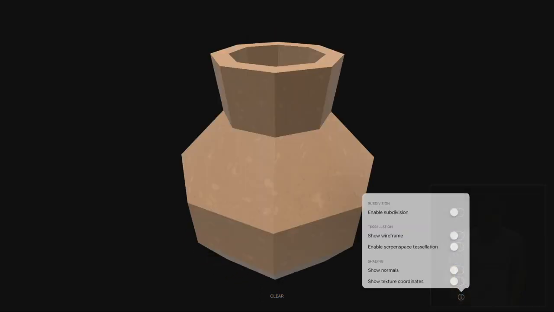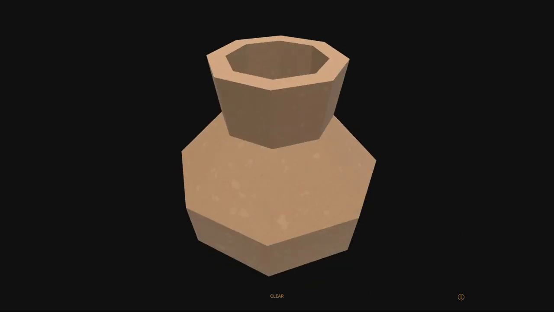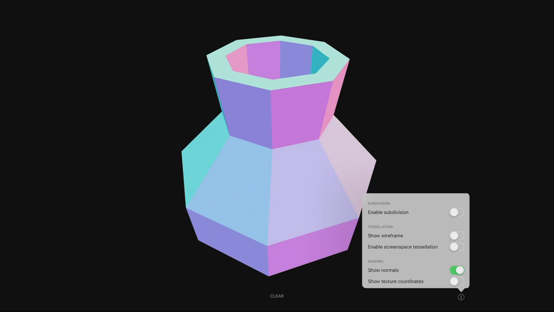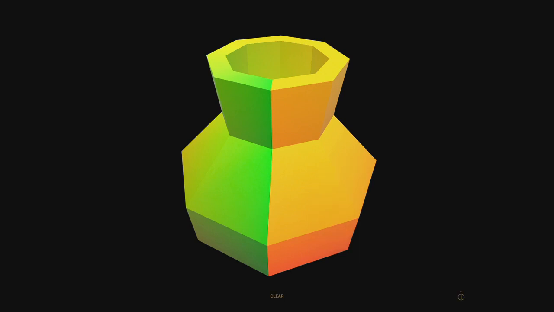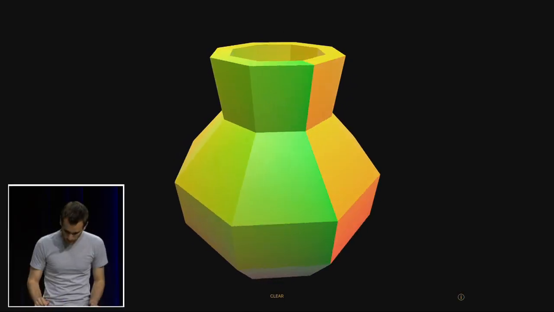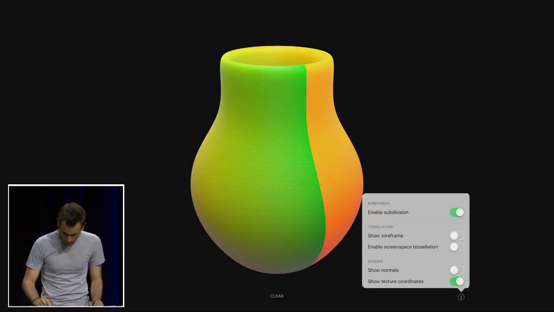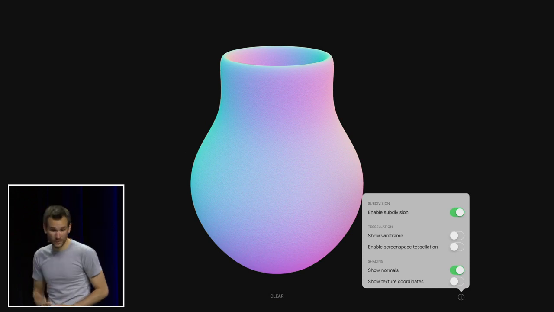What we do is that we start with a very coarse mesh. So as you can see, very low polygon. It doesn't come with normals, so we have flat shading here, but it has texture coordinates. So we can simply map a normal map on it, and later a height map. So now let's subdivide it. Let's see the smooth normals that are generated.